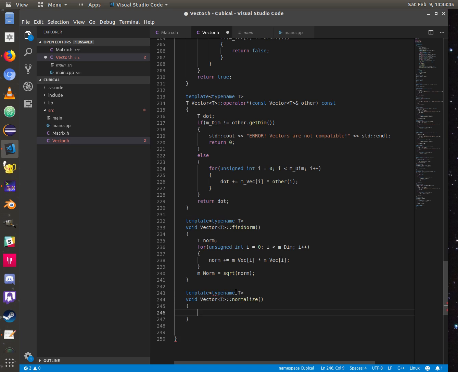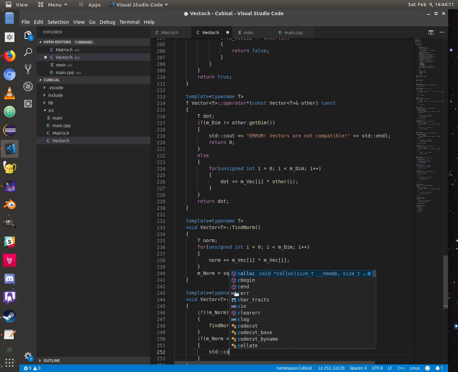And so the first thing I want to check, though, is if the norm has actually been calculated, because I don't want to do it twice unnecessarily. And so only if it hasn't been calculated do I want to actually run this function to find what it is. And if it turns out that the norm is equal to 0,